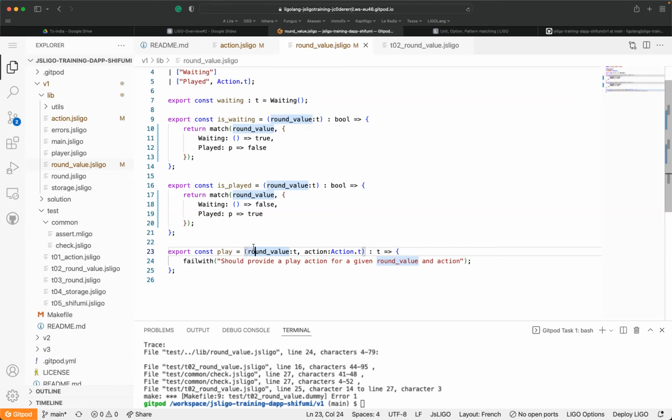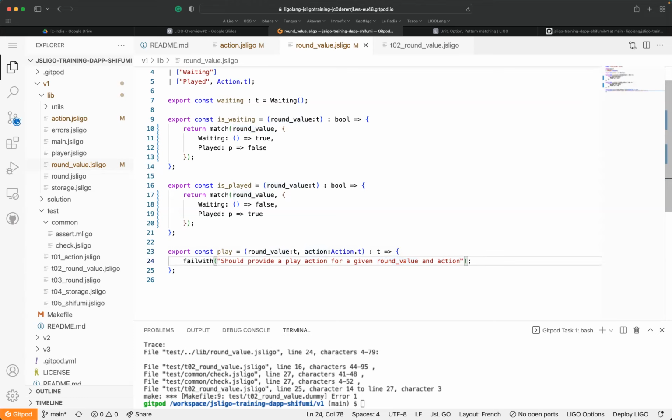Okay, but we don't throw an exception here. We just say, okay, it's just an identity. Once you played and you want to play once again, I refuse it. I don't perform the action. I stay with the action which has been done before. Okay. So I let you write this code for 5 minutes. And if you have some question, do not hesitate. I hope it's clear.